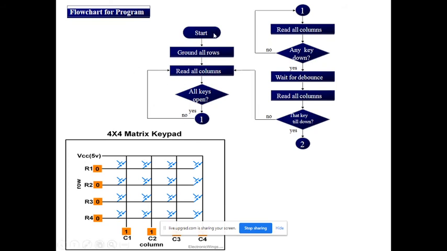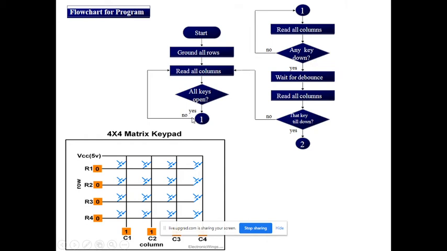Now first, start. Then the first task is keypad verification, means whether all keys are in release form or any key is faulty, that we want to find out. And for that we make all rows 0. Then read the column. All keys are open, means all columns should be 1 1 1 1. Suppose yes, then proceed to the next.